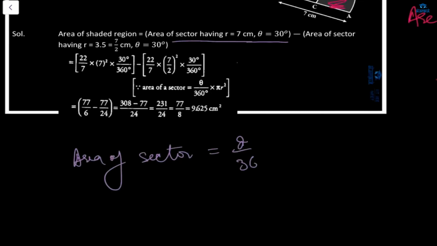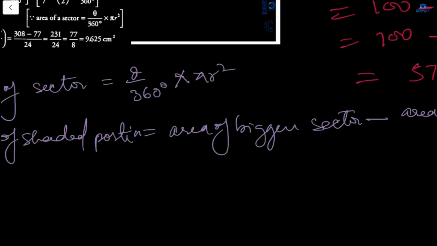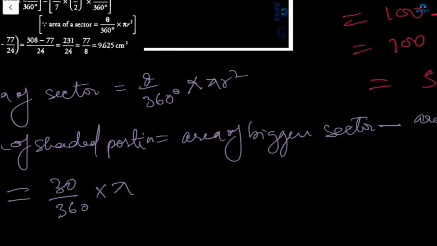Area of sector is theta upon 360 degree into pi r square. So area of shaded portion is the area of the bigger sector minus the smaller one. How are you going to find out the area of the bigger sector? Angle 30 degree only, 30 upon 360 into pi r square. In fact, 30 upon 360 you can take common, pi also you can take common, and then r